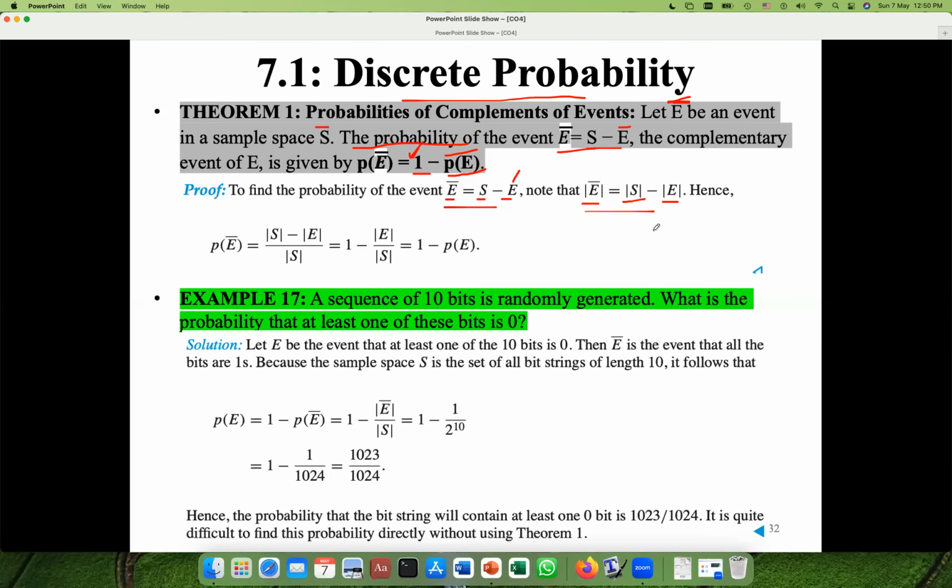So by using that, what is the probability of E bar? You can say the probability of E bar given S. And what is E bar? S minus E. So can I write the total space minus the normal event, divided by S? And this is E bar. So the probability of E bar is equal to, I can say, the probability of E bar